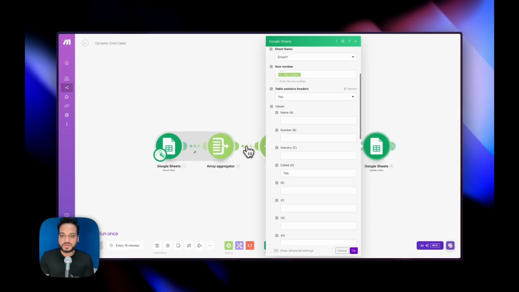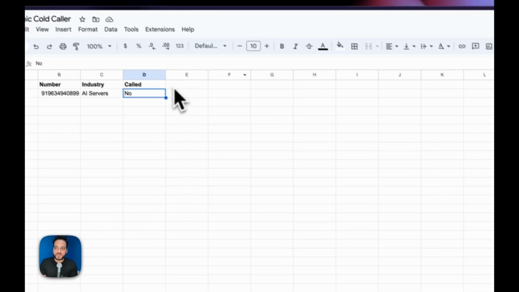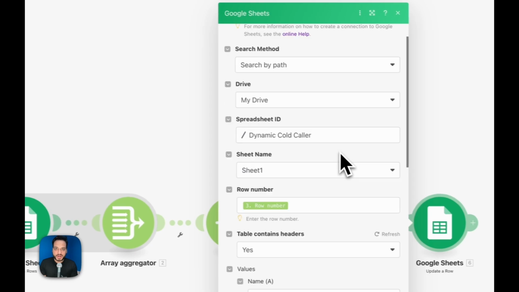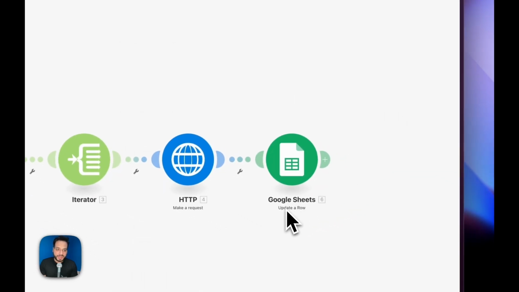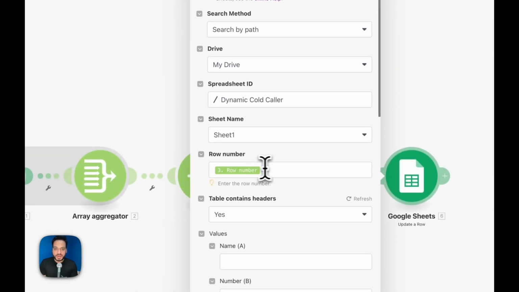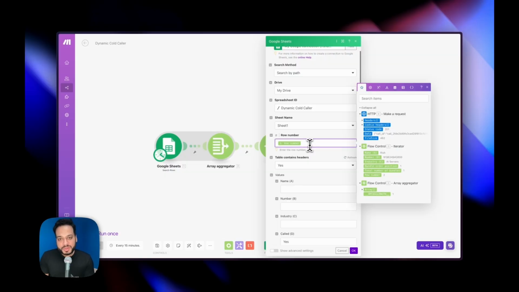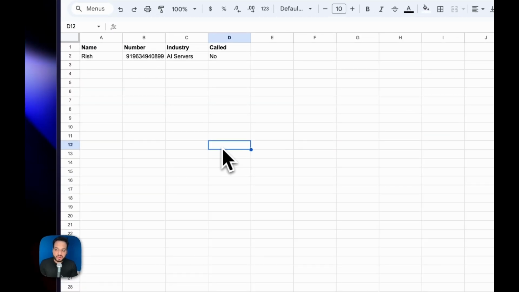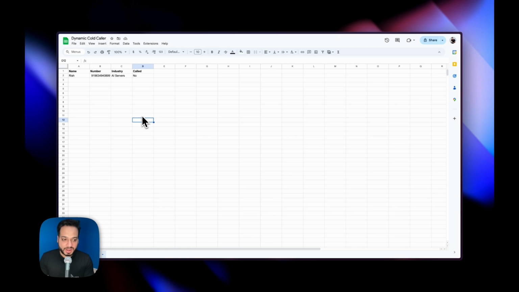This flag needs to be updated because once the calling has happened, it has to update this flag to yes, right? And to do that, you have to again make an update a row node of Google Sheets right here. You have to select your Google Sheet and you have to select a row number. The row number would be the row number in which the calling is happening right now. For example, if there are multiple people inside this and the calling is happening on row number 12, so you